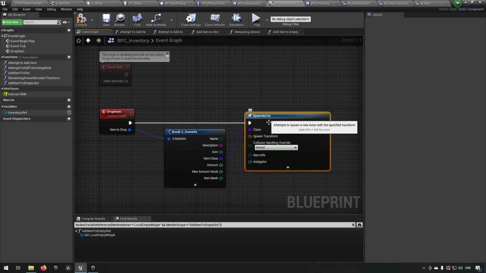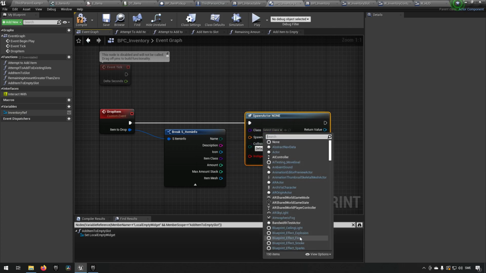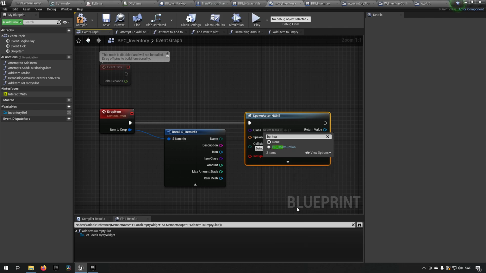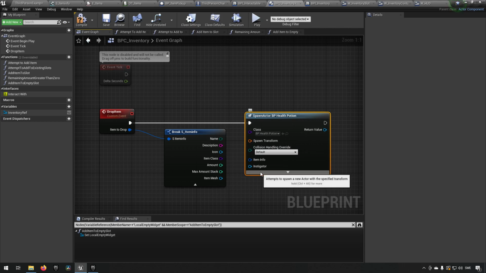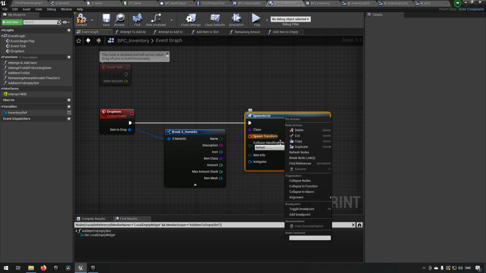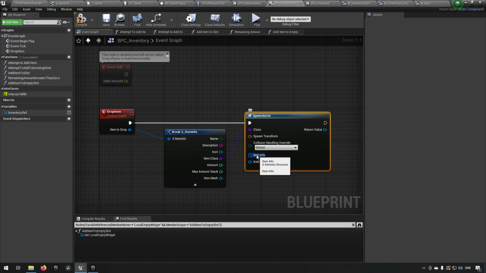Now, if we were to define exactly which class this was, if we were to say it's going to be a BP health potion, for example, then you can see that we're gonna get something like item info here, because that's exposed on spawn. That's how we have set it for the BP potion. But if we choose to spawn it dynamically by this item class, then this item info is going to be,